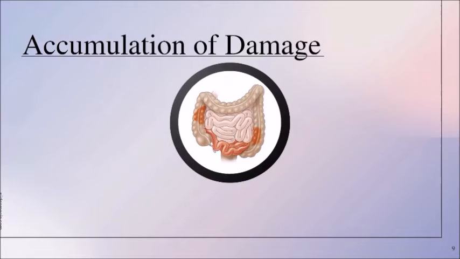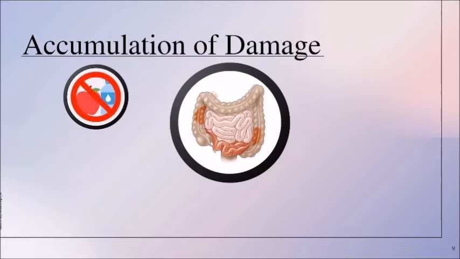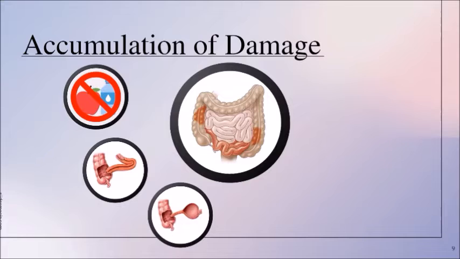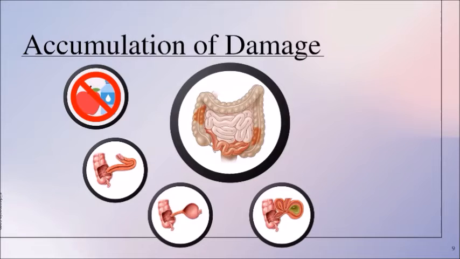As the epithelia are damaged, the GI's ability to absorb nutrients and water from its contents becomes compromised, leading to nutritional deficiencies and diarrhea. Accumulation of GI damage can lead to ulcers, or open sores; strictures, where stem cells attempting to repair the damage have regenerated scar tissue instead; abscesses, or fluid-filled cavities carved into the surrounding tissue; and fistulas, where the damage is so extensive that holes are punched into adjacent sections of the GI tract, adjacent non-GI organs, or even the skin.